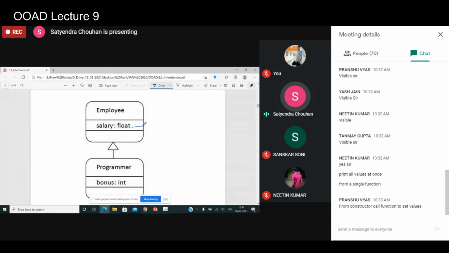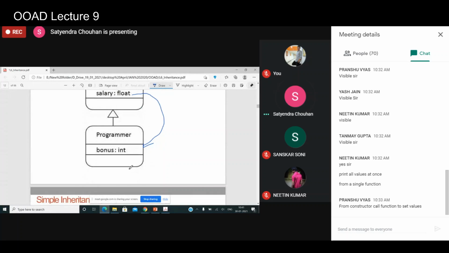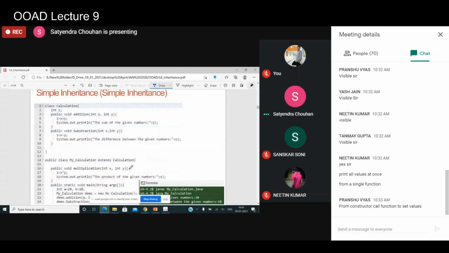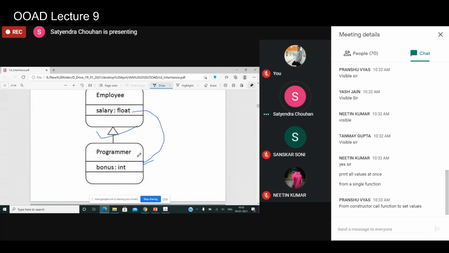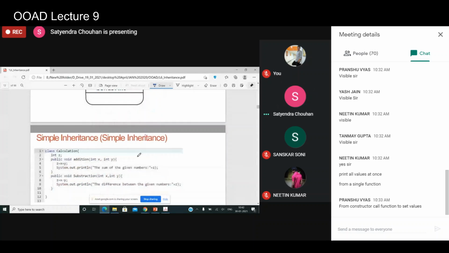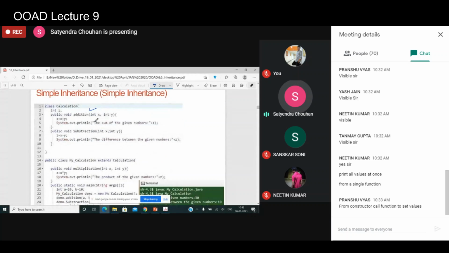Basically, the salary data member of the employee class is inherited in the programmer class. This is the basic notation that you use for inheritance in object-oriented design; modeling and design we are going to discuss in part 2. All the public methods are also inherited in the subclass.